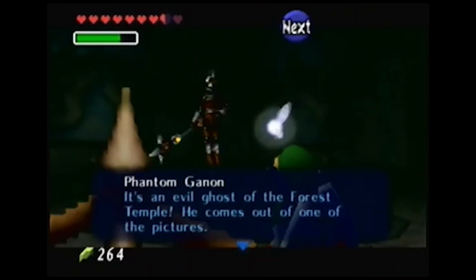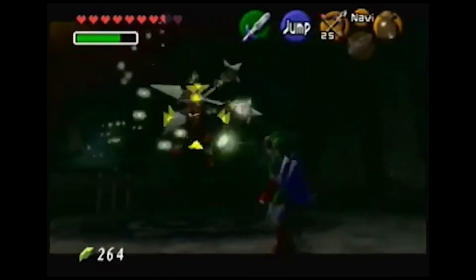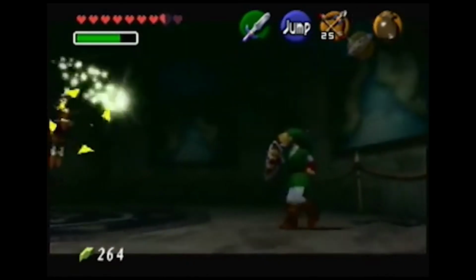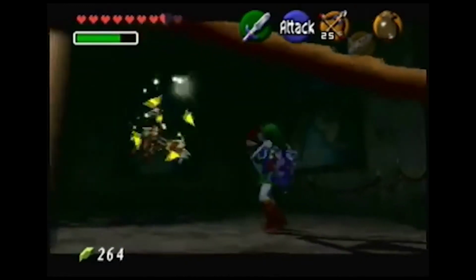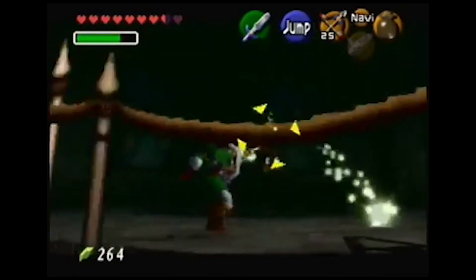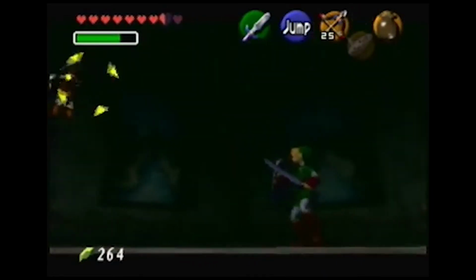Phantom Ganon. It's an evil ghost of the Forest Temple. Comes out of one of the pictures. Okay, he does say something. Answers magic attack with an attack of your own. Or is it different? You know, I could swear it was different. Anyway, there's something called Deathman Volley, so if you were to hit his spirit orb with your Master Sword, it would actually bounce back and do that. This is kind of a staple when it comes to Legend of Zelda, and not only could you do that with the Master Sword, but you could also do that